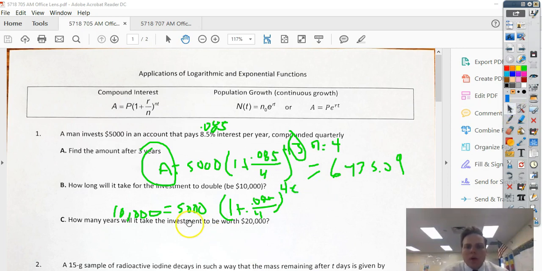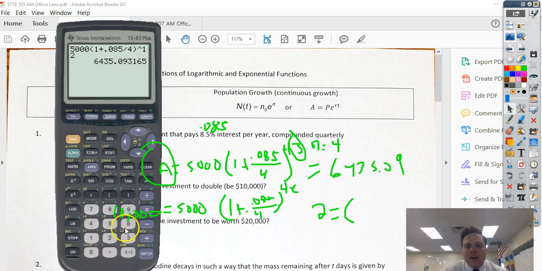So what we could do is solve for t. This is an exponential situation, and we know how to solve for an exponent. We simply get the base by itself first. So I have to get rid of the 5,000, so I divide both sides by 5,000. That gives me 2, because 10,000 divided by 5,000 is 2, is equal to